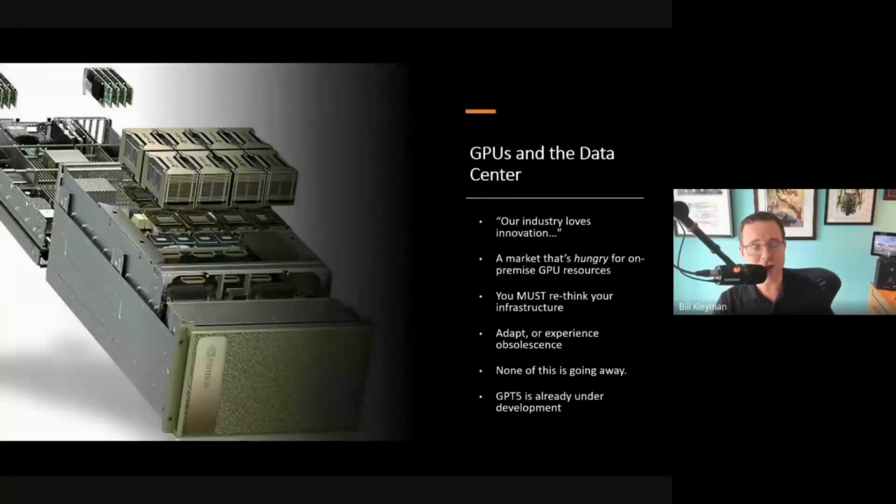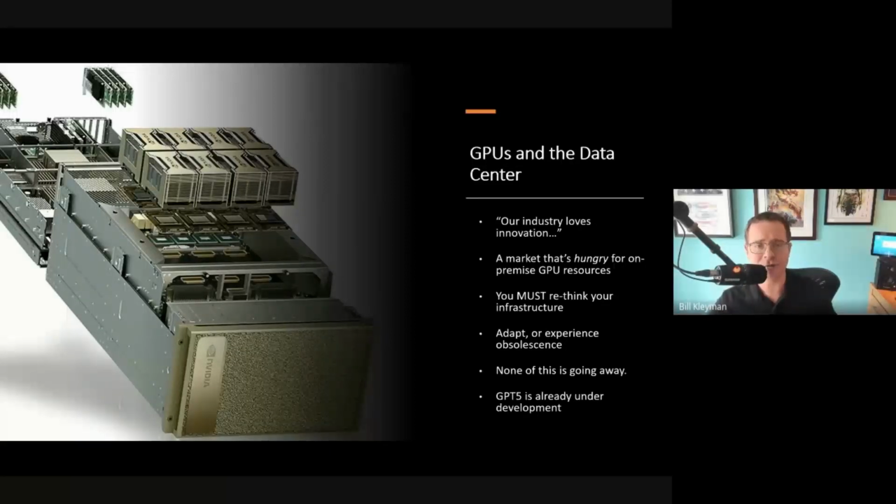First of all, GPUs in the data center. This is not going anywhere. One of my mentors loved to say that our industry loves innovation as long as it's 10 years old. Now, we don't have 10 years to wait. We need to be adapting these technologies right now. There's a very big, hungry base of customers that don't always want to live in the cloud. So these are decisions that you have to make for your customers and sometimes for your customers' customers